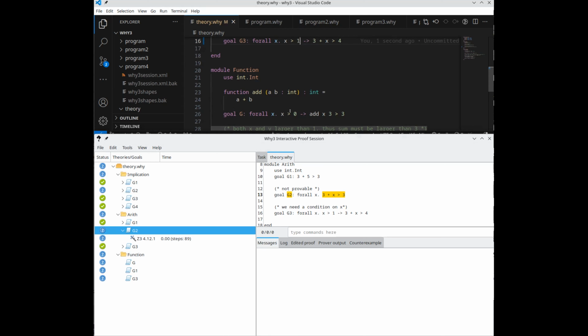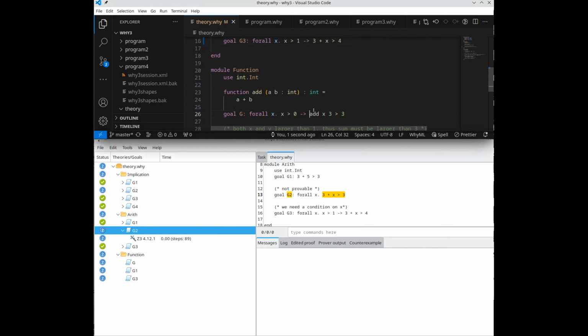So now we can make a statement like this: for all x equal or larger than 0, then add x 3. This means that we are applying, it's a functional language, so we are applying x to add and 3 to the result of